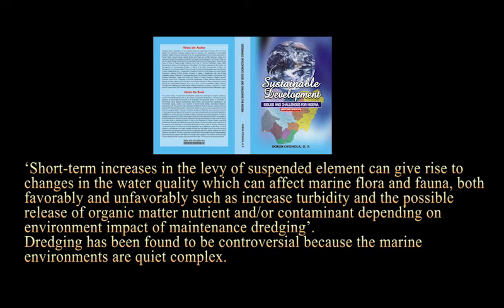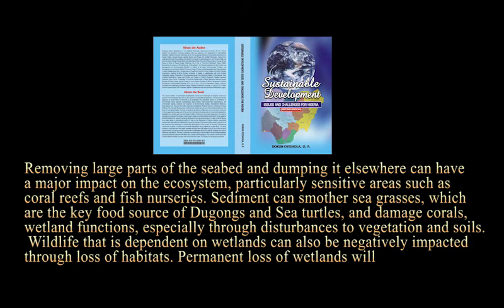Dredging has been found to be controversial because the marine environments are quite complex. Removing large parts of the seabed and dumping it elsewhere can have a major impact on the ecosystem, particularly sensitive areas such as coral reefs and fish nurseries. Sediment can smother sea grasses, which are the key food source of dugongs and sea turtles, and damage corals,